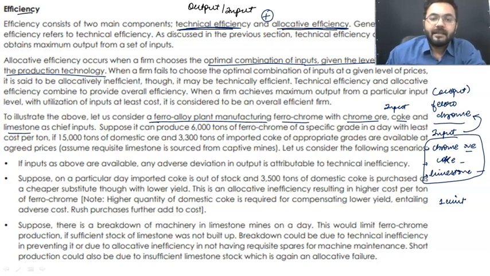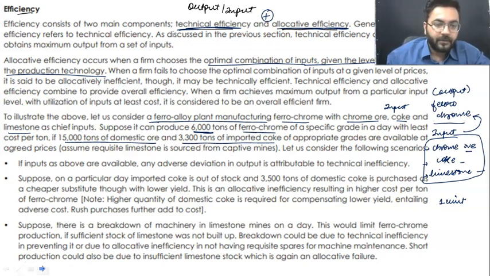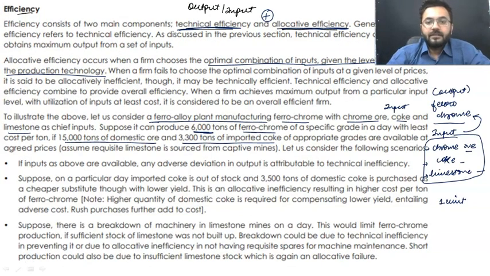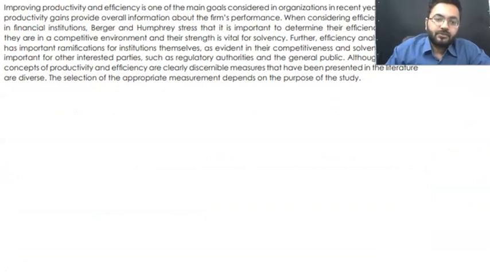So what they are saying is that, let us say, we can manufacture 6,000 units of ferrochrome in a day, at least cost, with 15,000 of domestic ore, 3,300 tons of imported coke, and apart from that, they are available generally at the agreed prices. So now we are going to take one situation over here. Okay, 6,000, 15,000, and